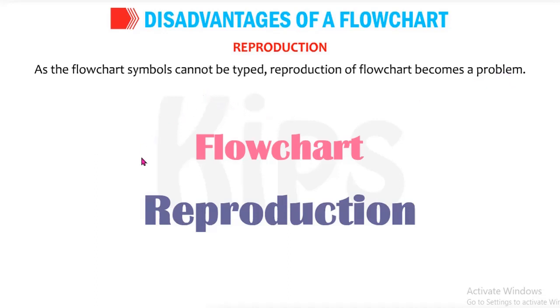For example, if in a sentence you made one mistake, what will you do? You delete that word and retype it again. But if you found an error in a flowchart, what do you have to do? As explained, there is the problem of alteration and modification in the last point. From the second point onwards, you have to redraw again and continue until the end. So these are the three disadvantages: complex logic, alterations and modification, and reproduction.